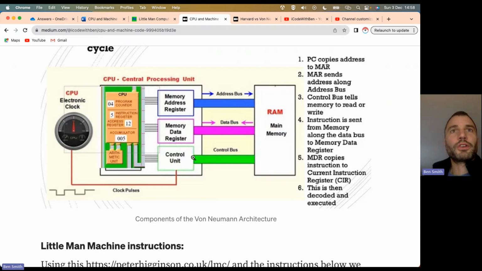And then you've got a control bus, controlled by the control unit, and the control unit tells the RAM and other components what they need to do, whether the RAM needs to read or write from memory. And then inside the CPU, as well as these registers, you've also got other ones like the program counter, next instruction to be fetched, the current instruction register, which is the instruction you've just fetched and you need to decode, and the address register,